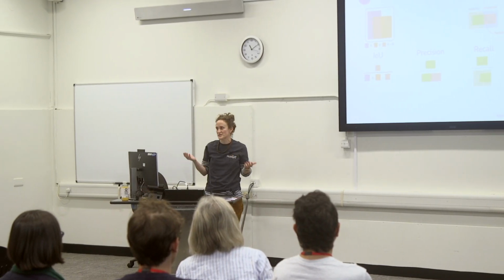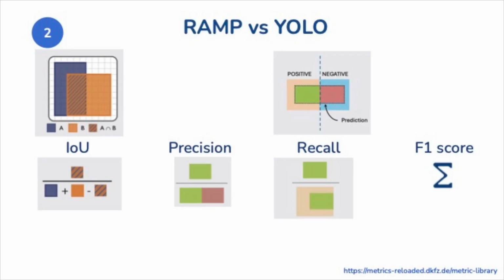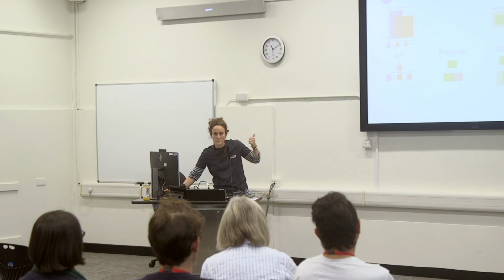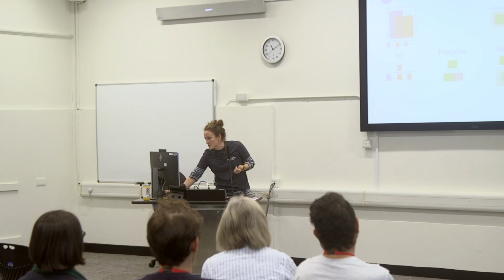Initially I wanted to suggest a metric, but these people did a great job. They suggest using IOU, the intersection over union, which tells you the ratio between the intersection and the union of the real data, what you would want to see, and what is actually predicted. Precision, recall, and F1 score are given by this type of diagram,